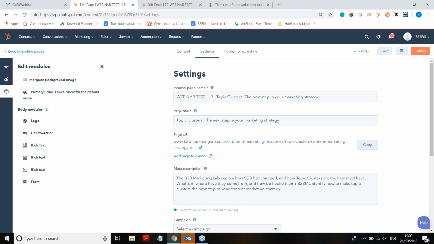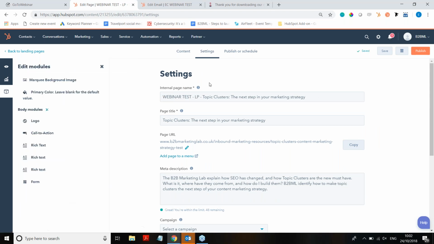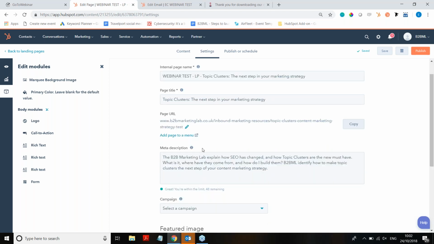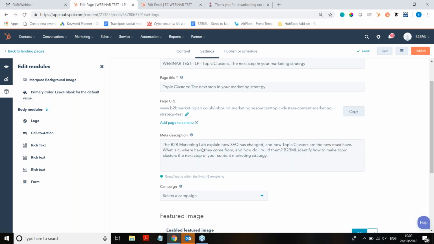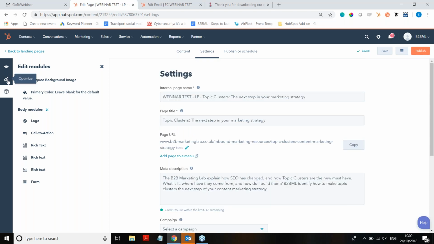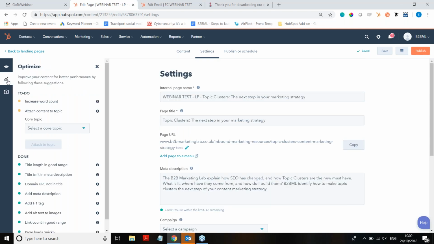So that's everything there. You've then got your settings here, so just making sure that everything's optimized. Your keyword for your landing page, you just need to make sure is in the page title, the URL, obviously, the copy of your landing page, and in the meta description too. And then in terms of just double checking the optimization, if you go to the optimize bar here, you've then